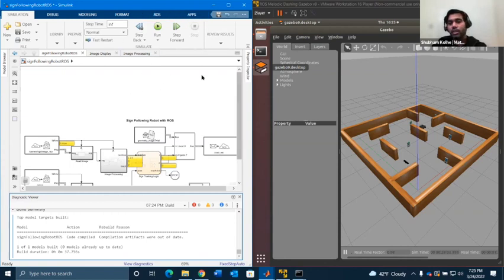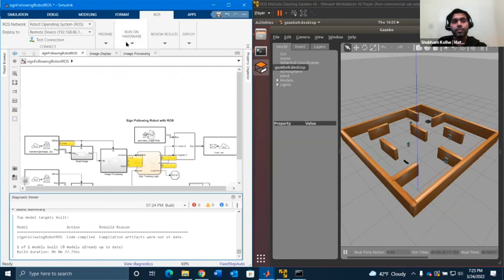Now we'll also take a look at how we can deploy this. We can deploy this code into our ROS workspace. Okay, so it has reached the endpoint. So one more thing,